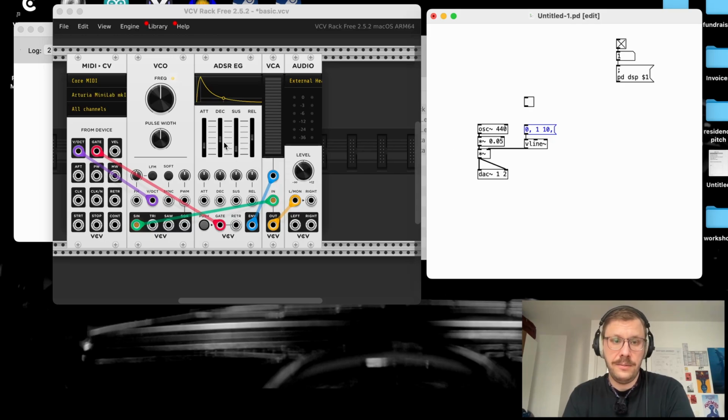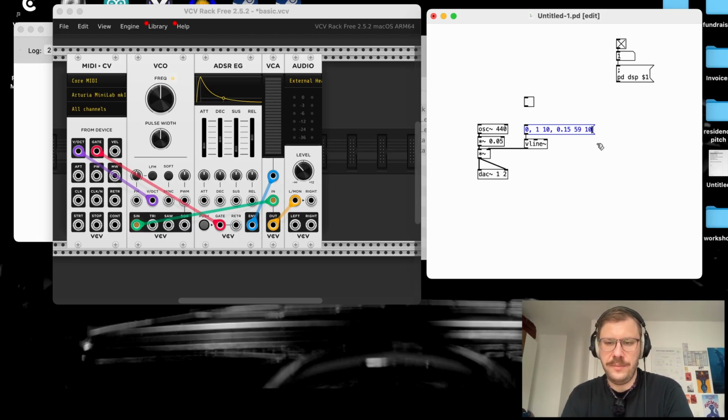Then we have to go to our sustain level, which is 15% here. That is going to be 0.15 for us. And then the decay time here is 59 milliseconds. So it goes to 0.15 in 59 milliseconds